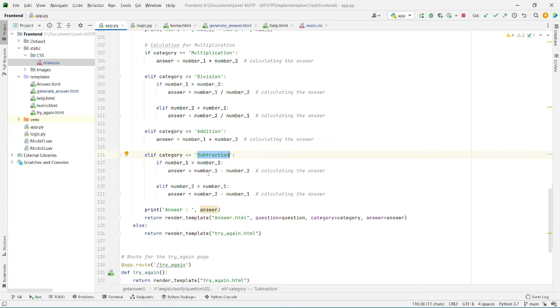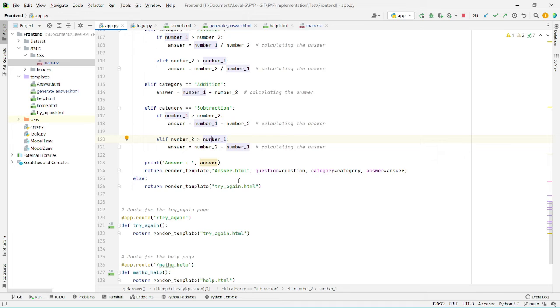According to that, if number1 is higher than number2, then this if statement would be executed. If number2 is higher than number1, then the elif section would be executed.